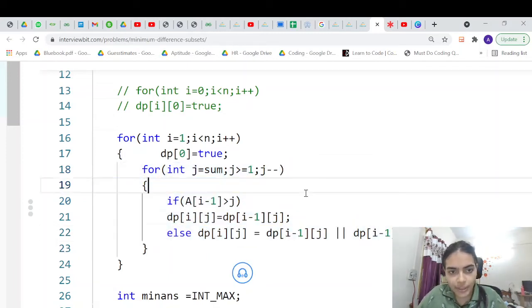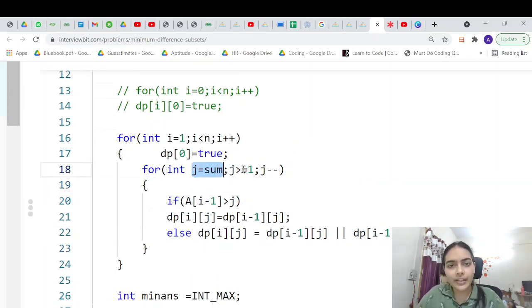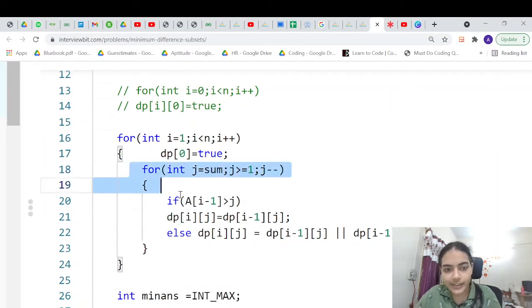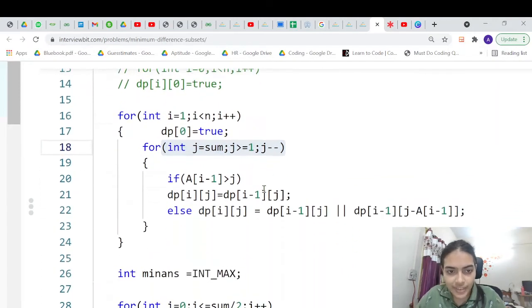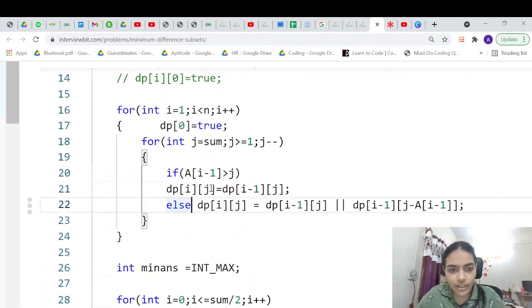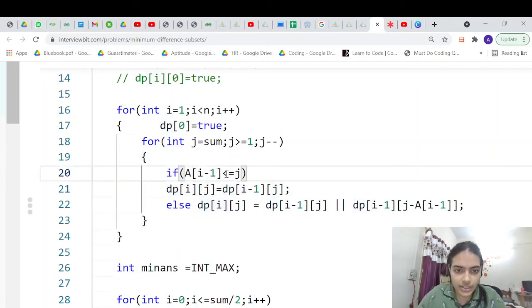So I will run it from the behind because when I run it from the behind, whenever I'm using the previous values, I would not have computed it in this iteration. So that is the only change you will have to make if you are using a 1D array. And let's use a 1D array. Remaining code remains same. In this case, you need not even have this code, right? You can just take off this code because whatever is the previous value will anyway remain in the current system. So you can just give this simple statement.